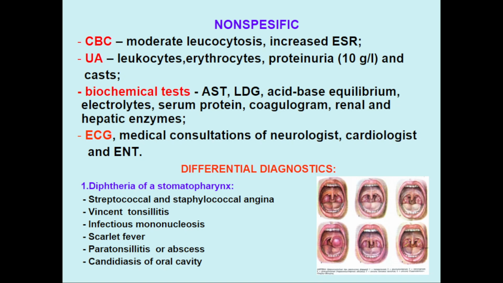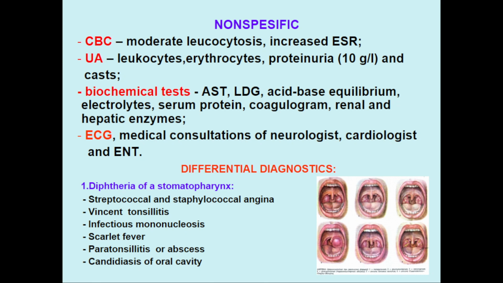Infectious mononucleosis will have additional signs: lymphadenopathy, not only of the lower jaw but also on the neck, and maybe generalized lymphadenopathy, plus some other signs and some atypical mononuclears in the CBC. Scarlet fever will be with a specific rash, scarlatina, and some specific clinical signs too. Paratonsillitis or abscess usually follows with